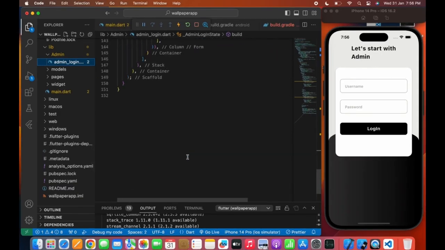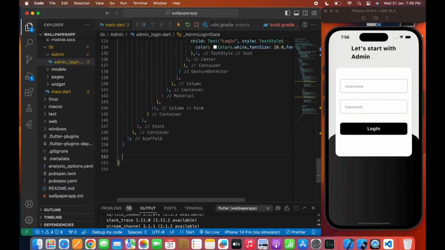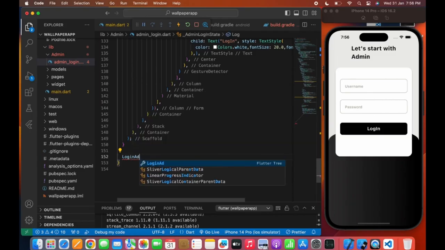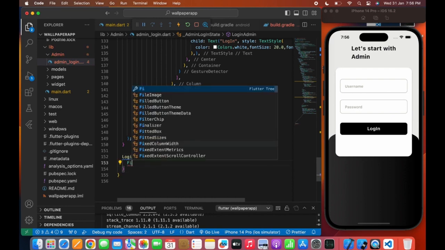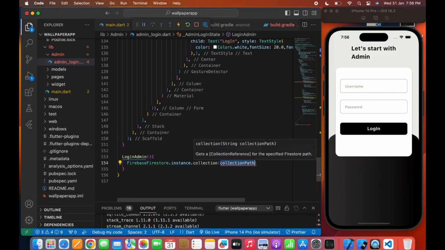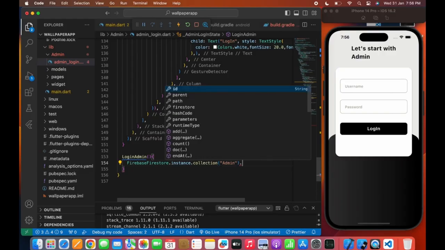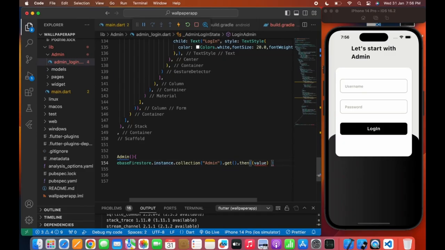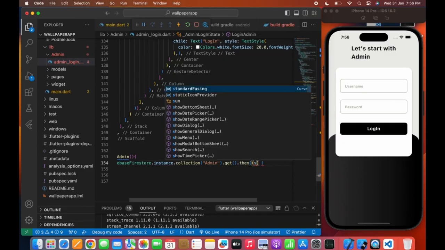Now let's move to the admin login page and we'll add a backend to this page. So we'll first write our function name loginAdmin, and we'll write FirebaseFirestore.instance.collection and we'll write the collection name admin. Now .get, and through the snapshot we can get the data of the respective document that will be available in the admin collection. So we'll move to the